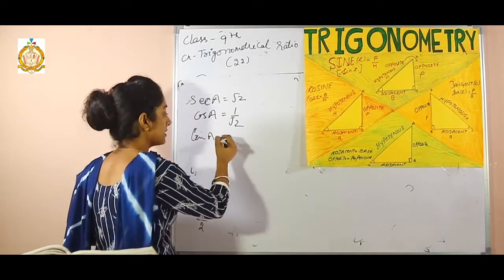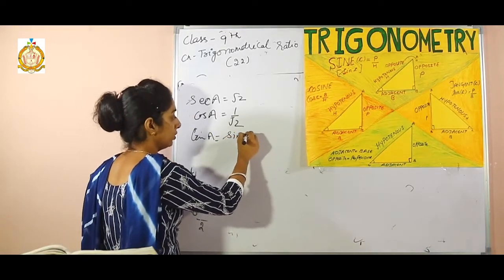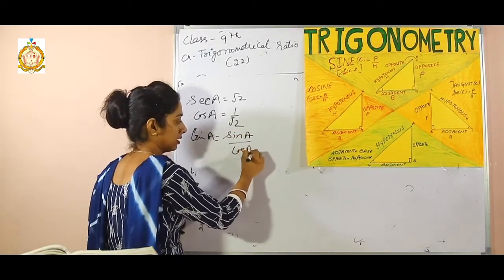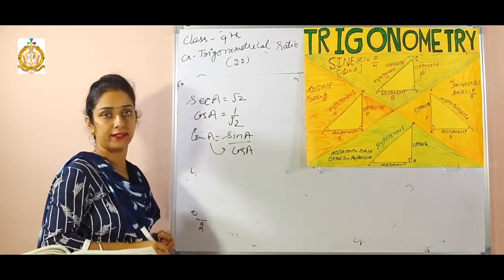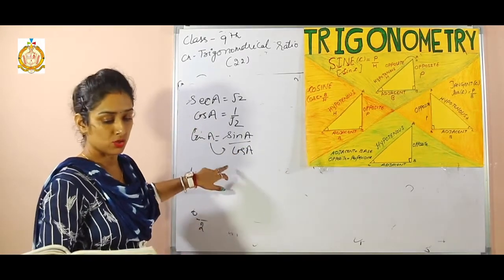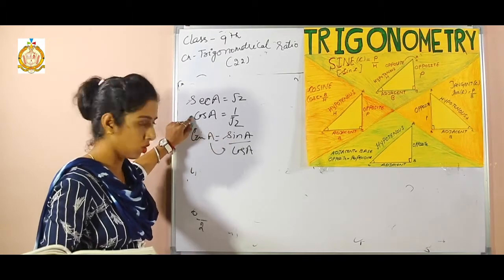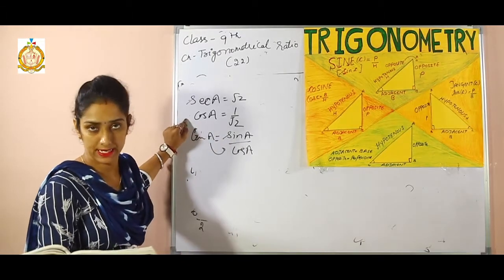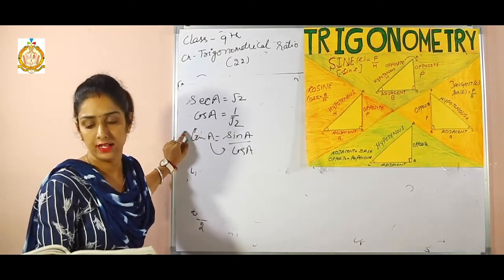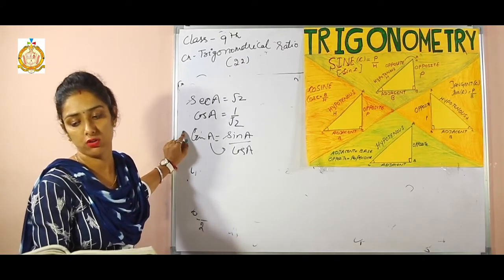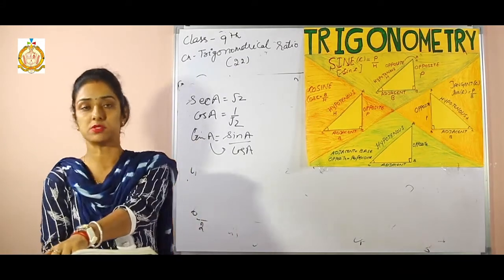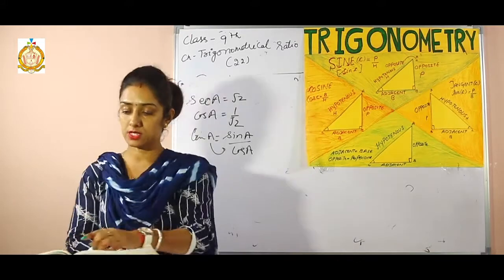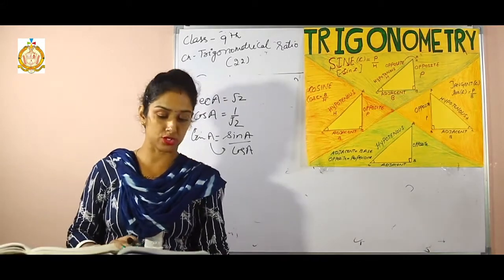Tan A is sine A over cos A. This is also the formula of tan A. Right? So you have to firstly find cos A, after that sine A, after that tan A, and it is easy to solve and put all these terms in an equation. Right? Now come to the 20th question,